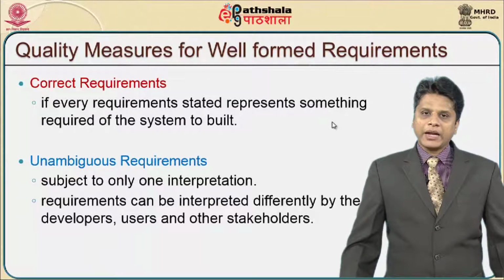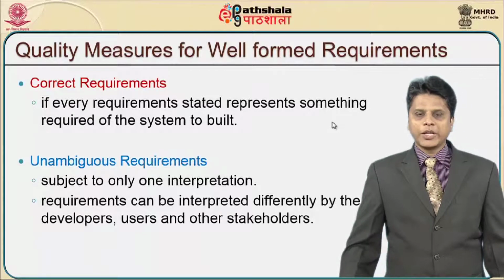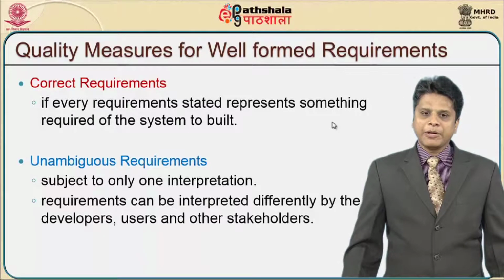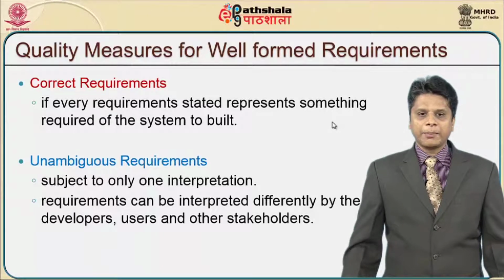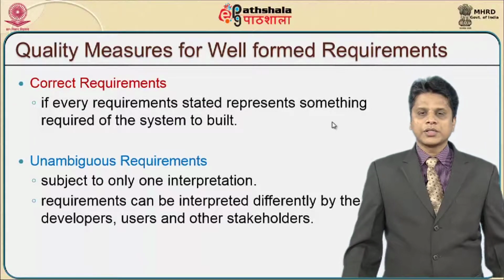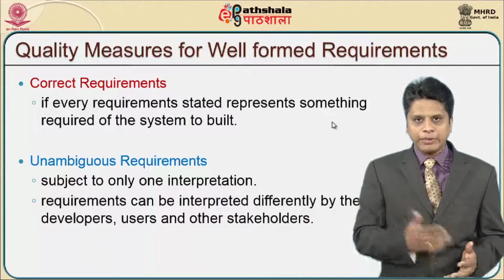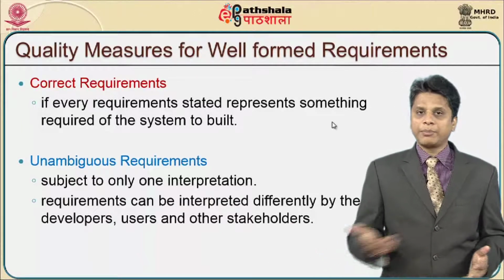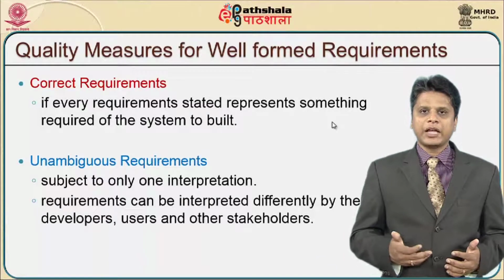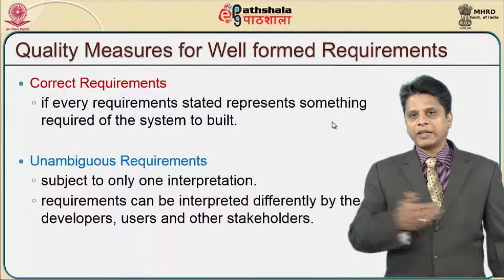When we talk about unambiguous requirements, these are subject to only one interpretation. Requirements can be interpreted differently by the developers, users and other stakeholders. So when I try to match all the stakeholders' requirements on the same issue, then it becomes unambiguous. So I may have to adopt only one strategy where I will be very clear what interpretation everybody